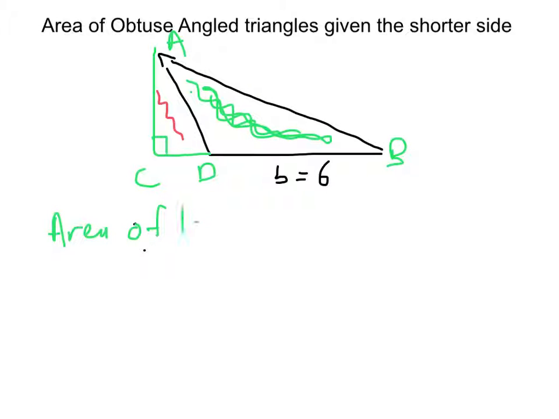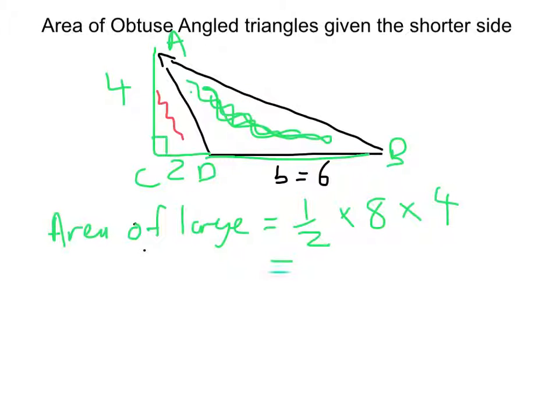of the large triangle, remember the large triangle here is a right angle triangle, so it's a half times the base. Now the base distance across here is 6, but we need to know this distance here. So let's say they give us this distance and it's 2. So our base length is going to be 8 units long, and our height, let's say they give us that and they tell us it's 4. So the area of the bigger triangle is half times 8 times 4, which is 16 units squared, or square units. The area of the smaller triangle now,